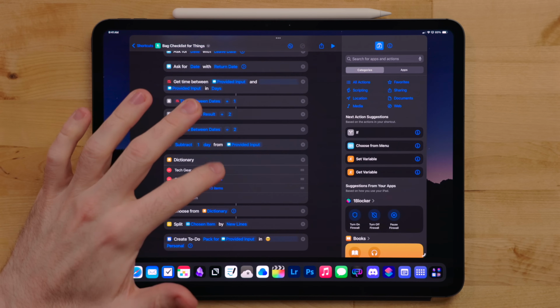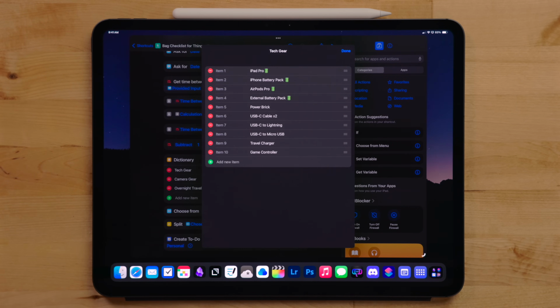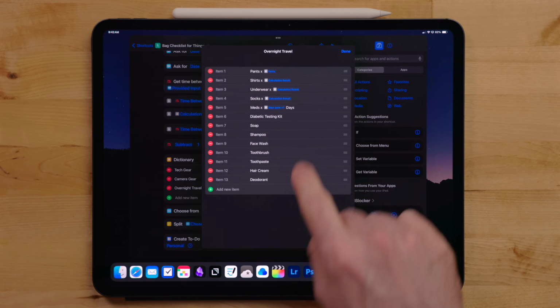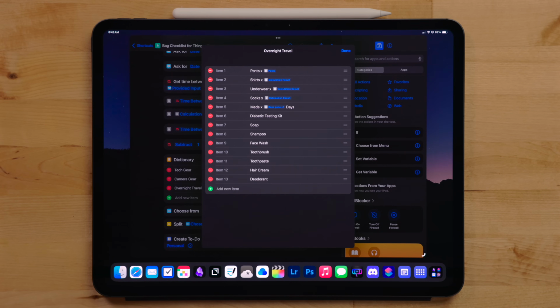In the tech and camera categories, you will see a battery icon next to a few different options. I use this to symbolize that devices need to be charged before leaving. In the overnight travel category, you'll see a few variables next to a few different options. This uses the math for how long you'll be gone to suggest how many items of each of these things